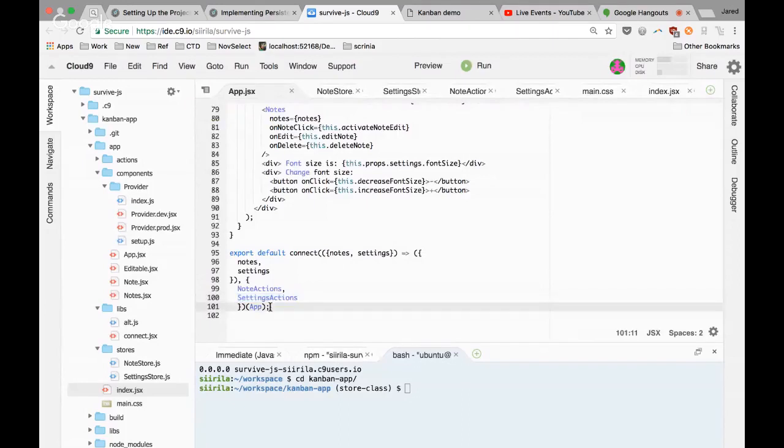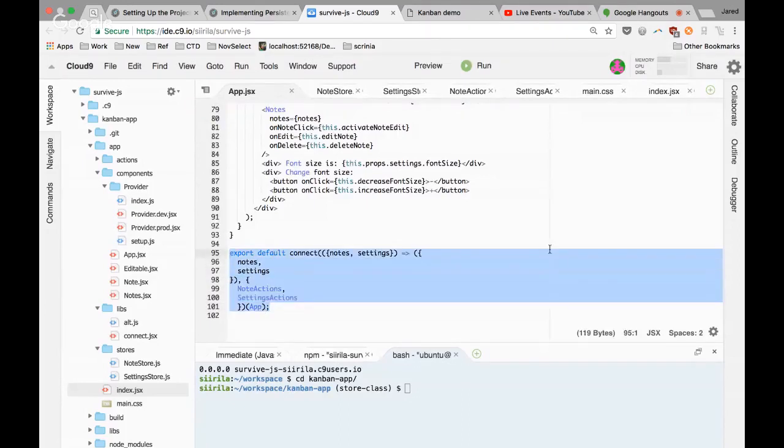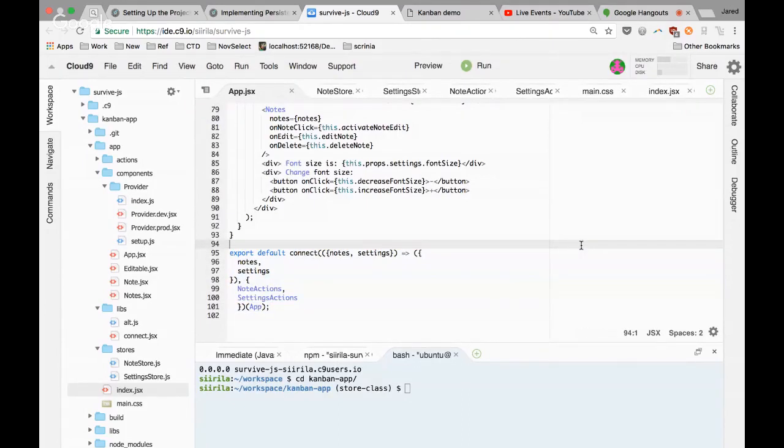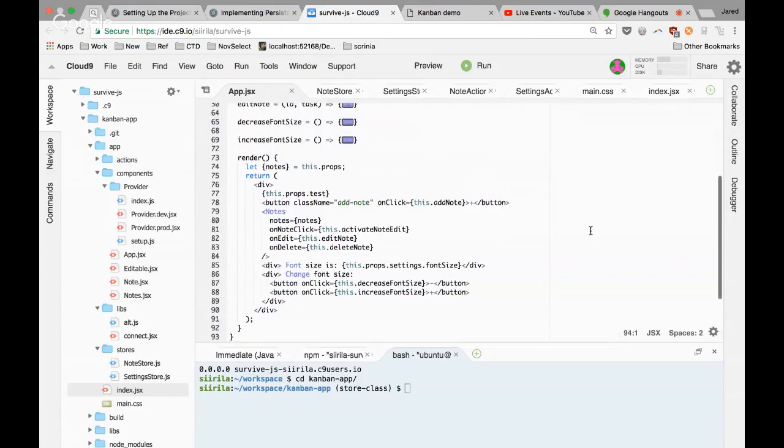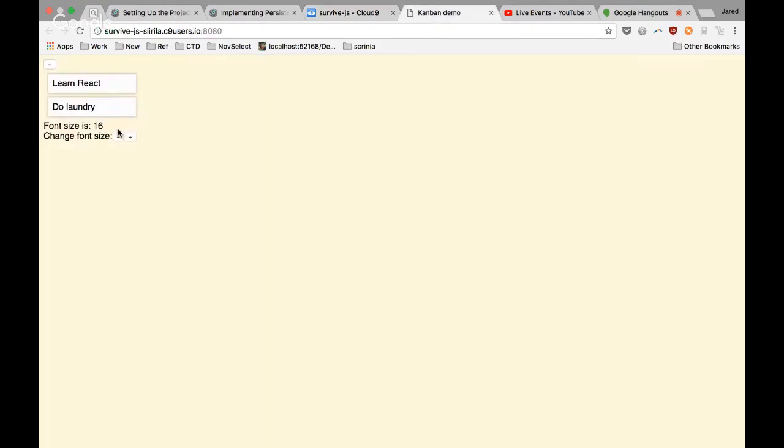So that's what's going on through this connect bit here in layman's terms. There's more complexity to it, but that's the easiest way to understand it. So at this point, we've got our actions hooked up, right? We were able to add new tasks, delete tasks, and we've even hooked up this change font size partially,